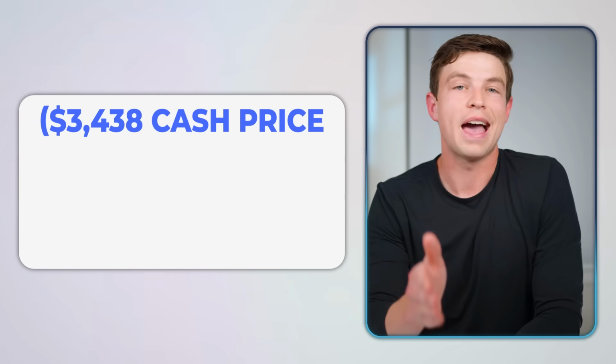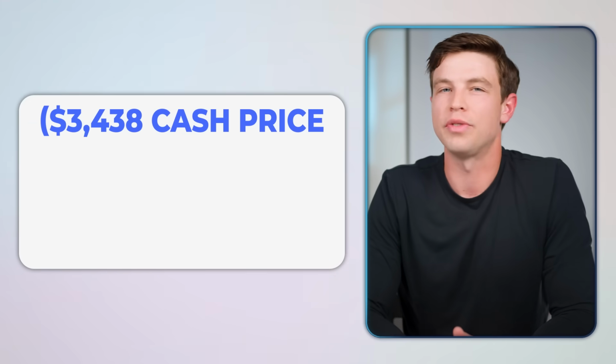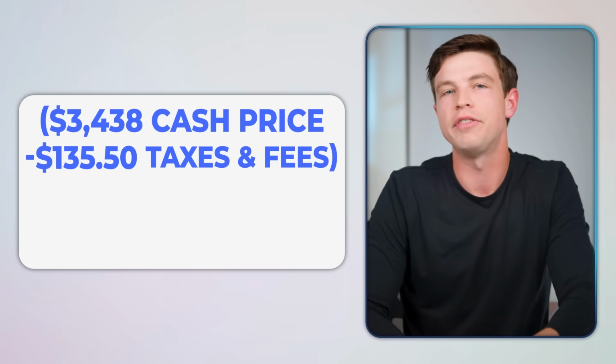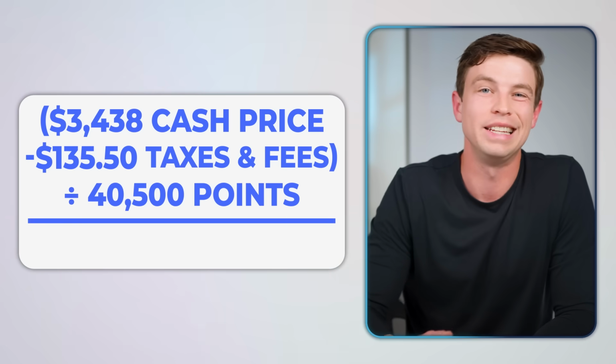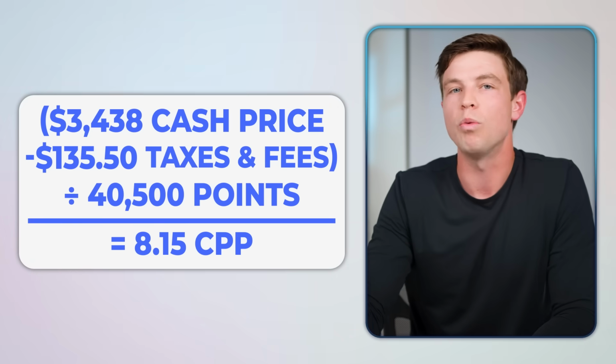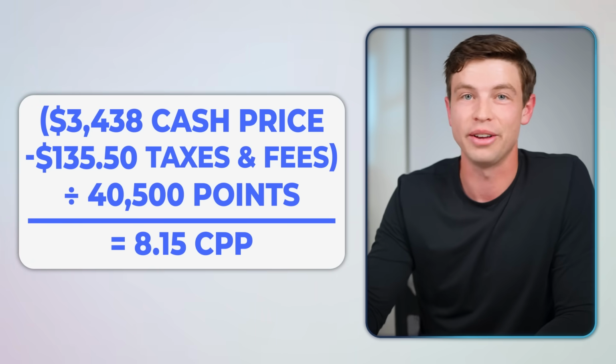Doing some quick math on that, $3,438 for the cash price minus $135.50 for the taxes and fees on the award ticket, divided by 40,500 points needed to book this, that comes out to be 8.15 cents per point, which is another great deal. Now, you would have to transfer 41,000 points from Chase to Iberia to book this, because